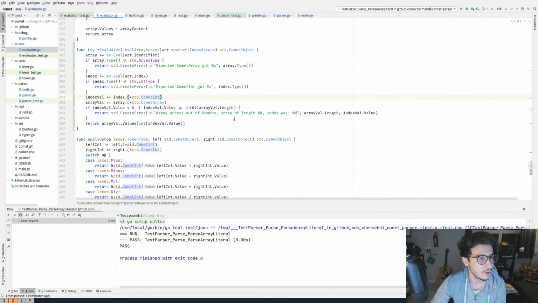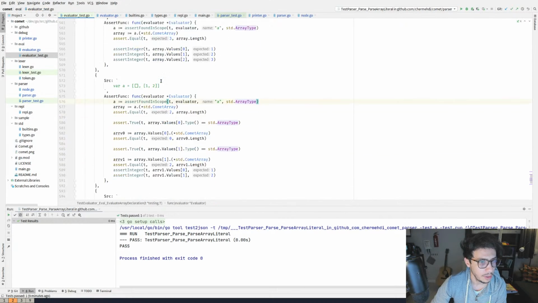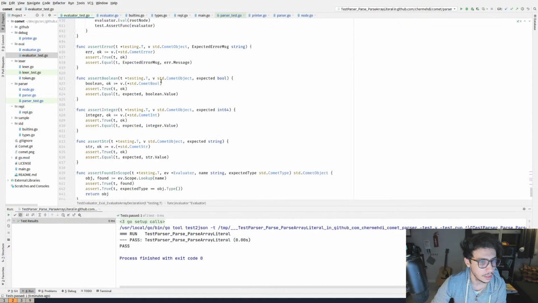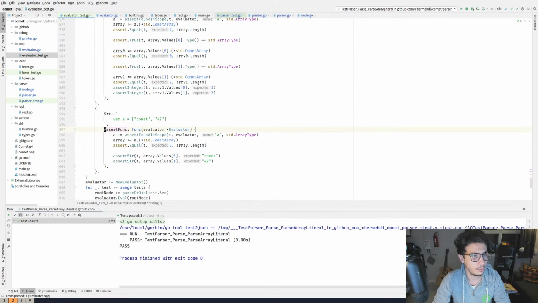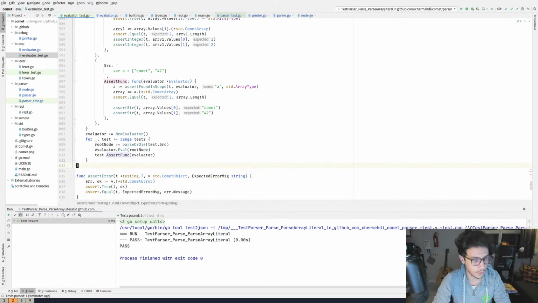All right, so let's make tests for this, shall we? Remember adding array tests. Cool. I will copy them and create array access tests because we implemented them in 2 different episodes.